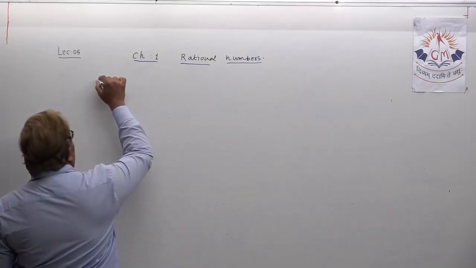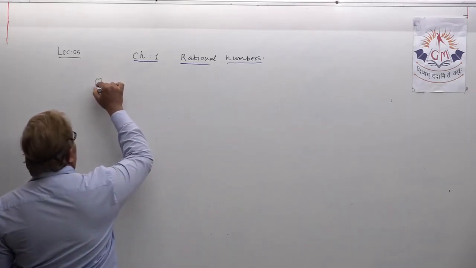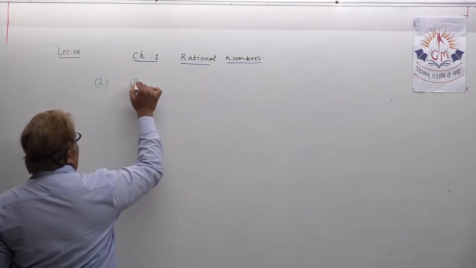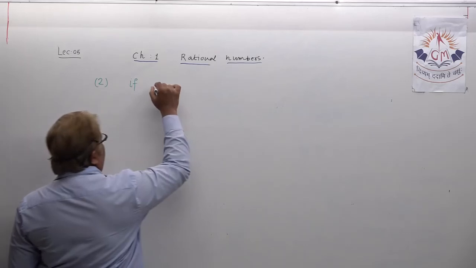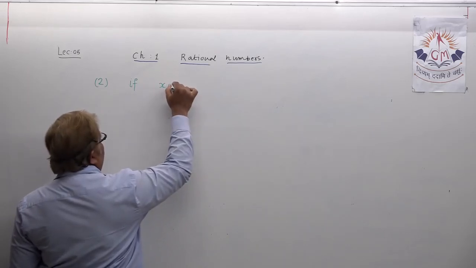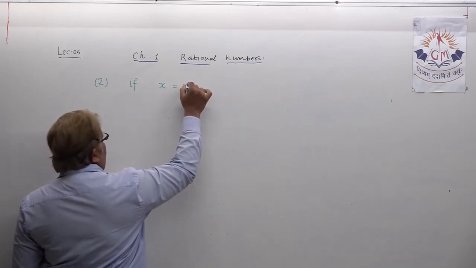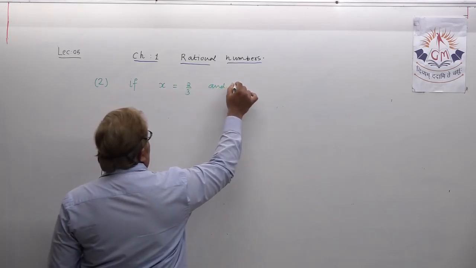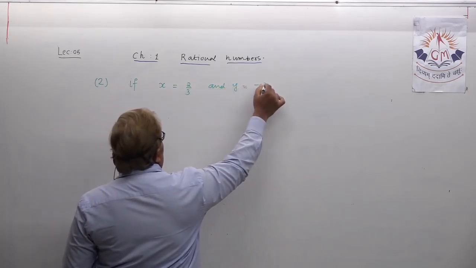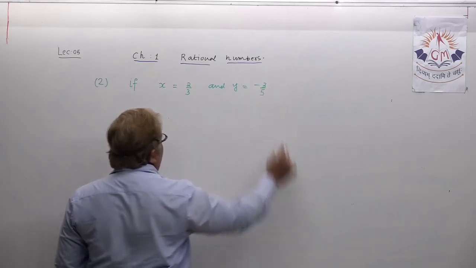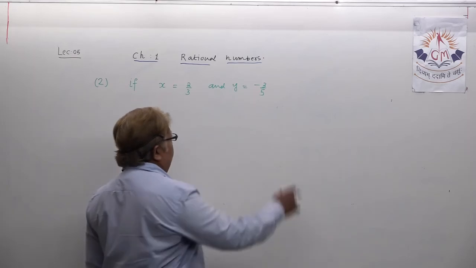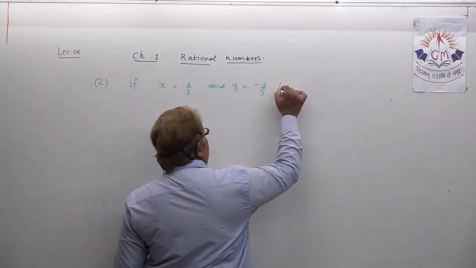Example number 2. If x equals 2 upon 3 and y equals minus 3 upon 5, then verify